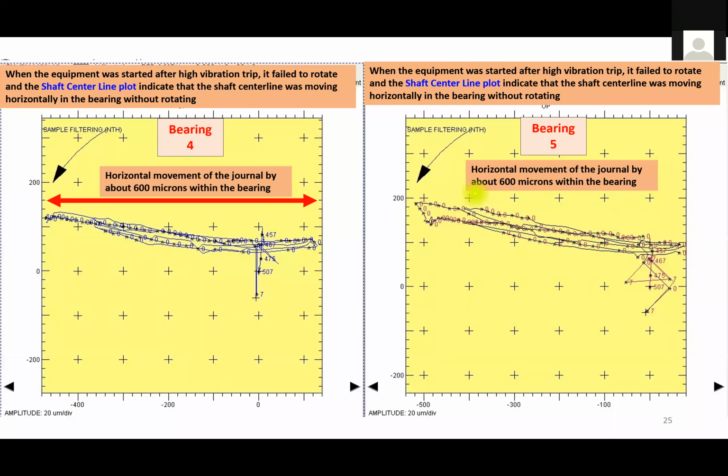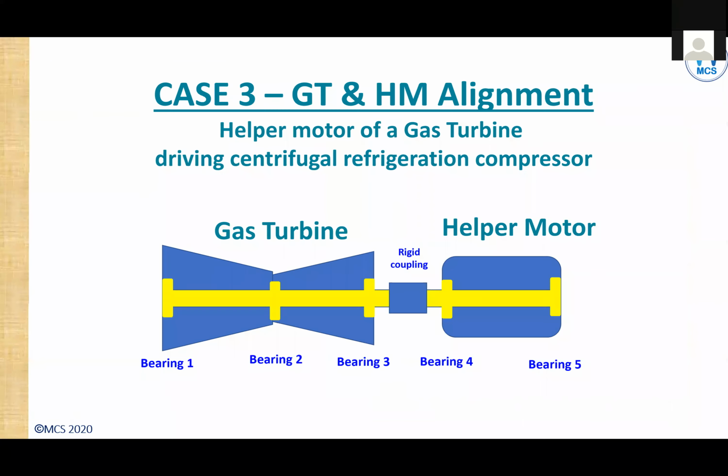Now, as I told you, we'll not get into the reasons for what happened on the motor and all those things, but the high vibration trip was because of an electrical fault on the motor. So that led to the high vibration trip, and subsequently the motor was not able to rotate. And that's the reason when we gave the start command, you can see that the motor did not rotate, but it was pulling horizontally on both bearings there. So the shaft centerline plot and the gap voltage trend plots have really given a clear picture as to how the machine was behaving under these conditions there. This is about case study 2.